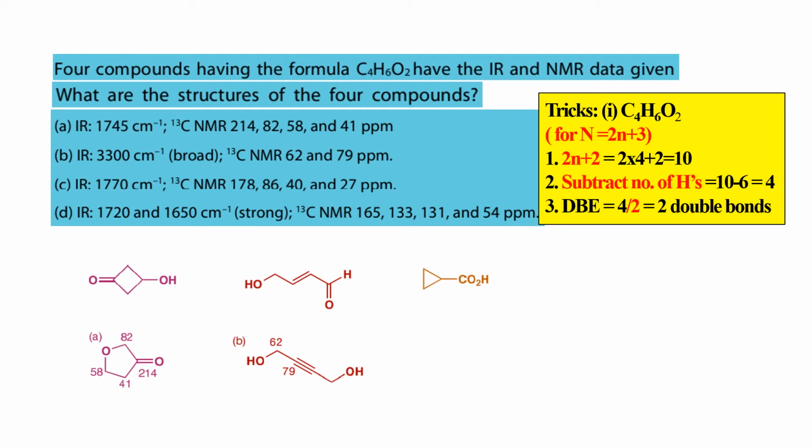But this 86, 40, 40 I said is close to the C double bond O. The carbon attached to C double bond O is 40, okay, that we can conclude. This 86, what is that? Oh, oxygen is directly attached to that, so this is 86. And 27 is not at all attached to any electron withdrawing group, okay. So it is away from that, that's why it is 27.